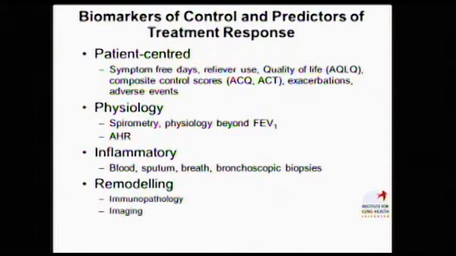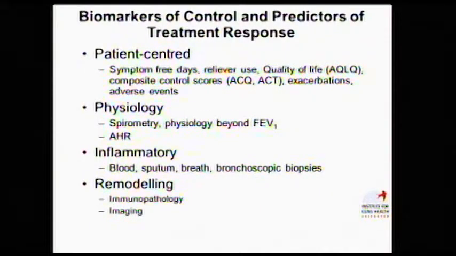So let's think then about targeting these cytokines. If we're going to do this, we want to target the patients who have ongoing activity of these cytokines. And so we need to identify these patients. So we really need some biomarkers which will predict which patients are going to respond, provide evidence that the drug